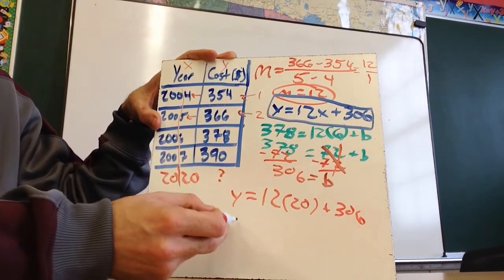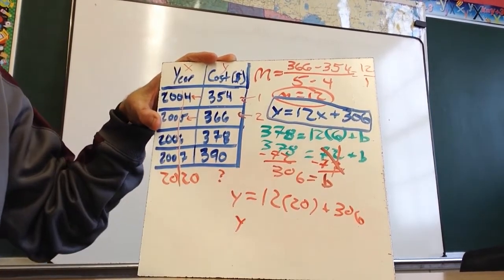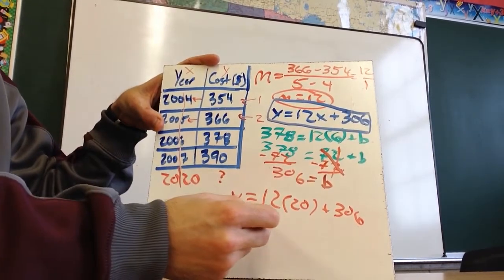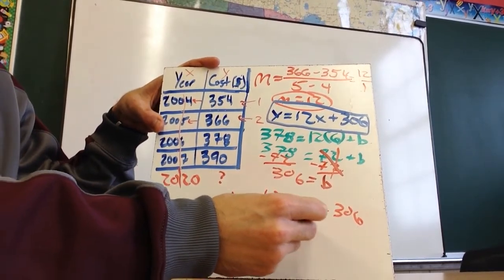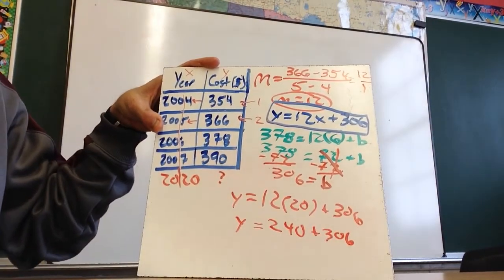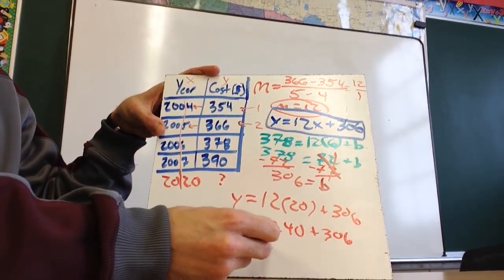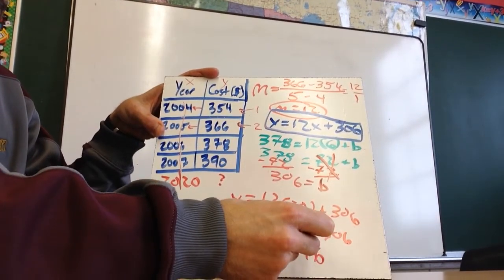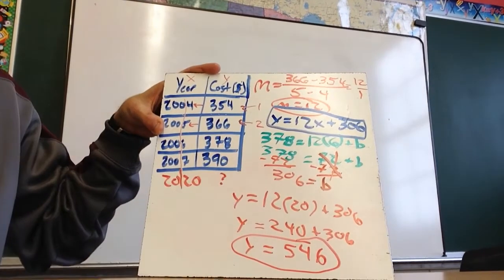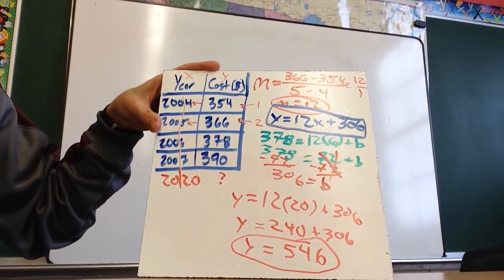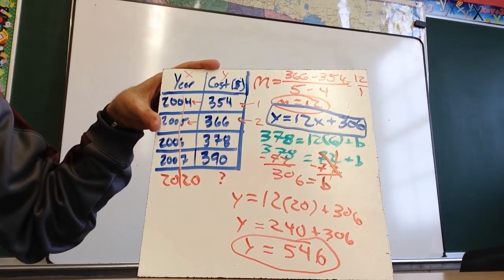So now I'm going to say 12 times 20, which is 240, plus 306. And so then y equals 546. So the answer of what would the cost of the average domestic flight in the United States be in the year 2020